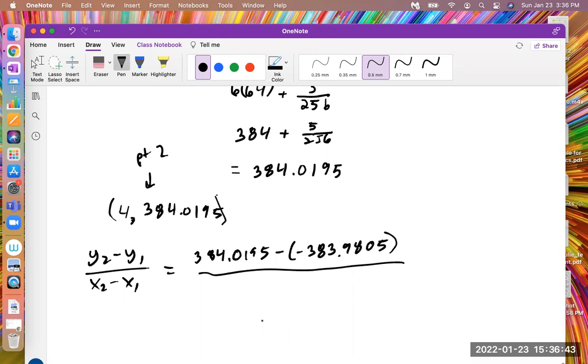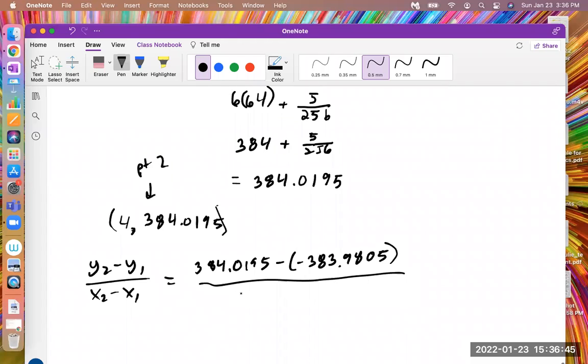Okay, and on the bottom, I believe 4 is the second point minus a -4. So in the top, we have a traffic jam of negatives, and that just becomes positive, so it just becomes addition: 384.0195 plus 383.9805 equals